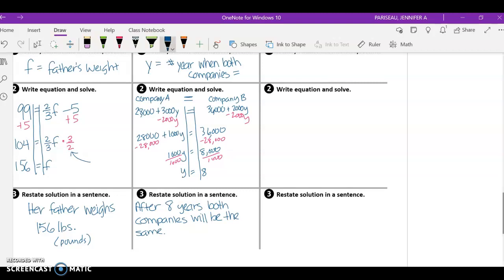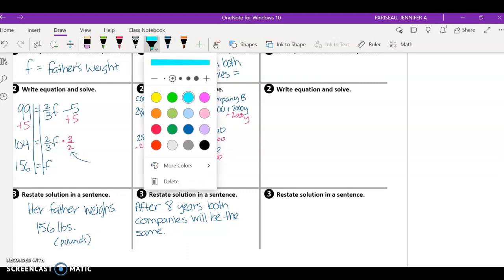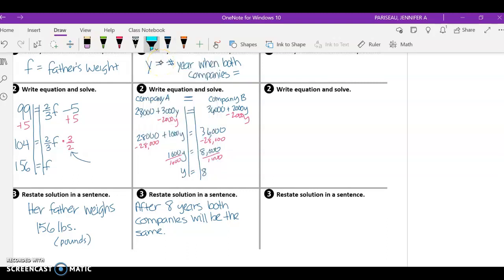Now, what will that amount be? Well, again, we just solved for y, right? And so if we take this answer here, we know that after 8 years, how much will they be getting? So we need to take this information and insert it back in. Now, we're not inserting it back into the equation. We're actually just inserting it into the expression, because this is company A, 28,000 that she starts with, and it's 3,000 for every year. So that's after 8 years. So we get 28,000 plus 24,000, and we get